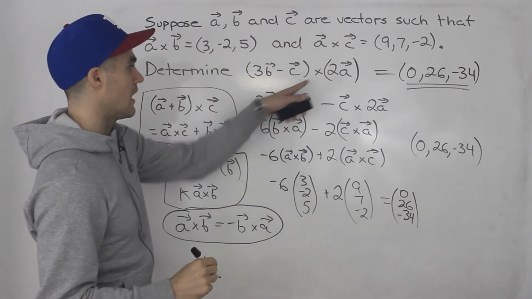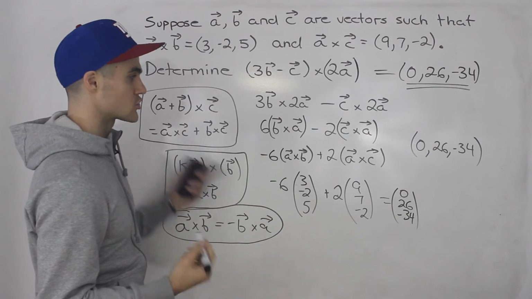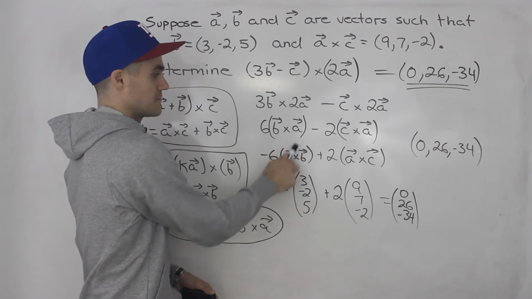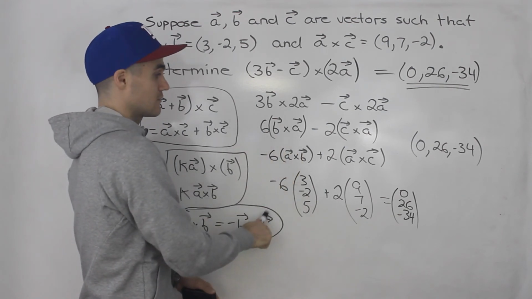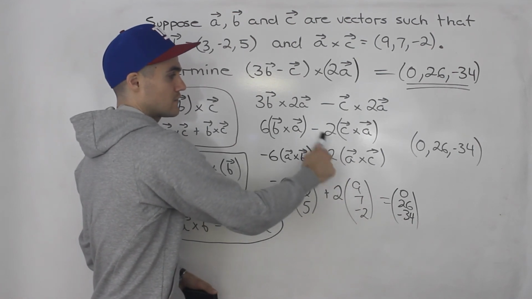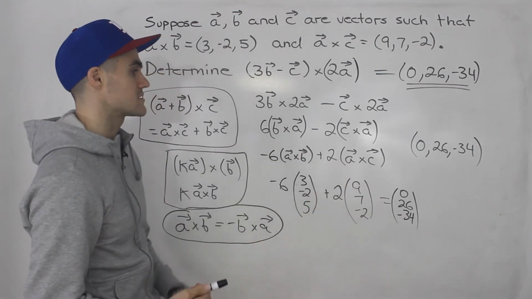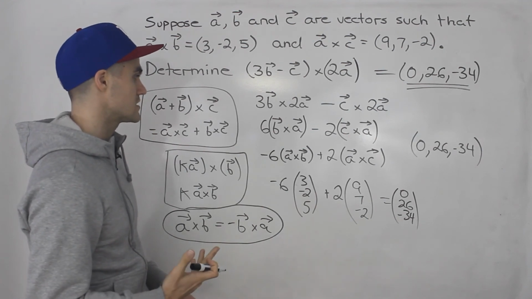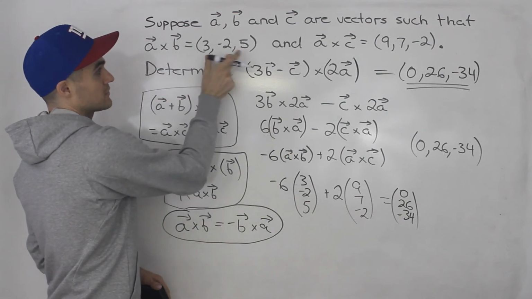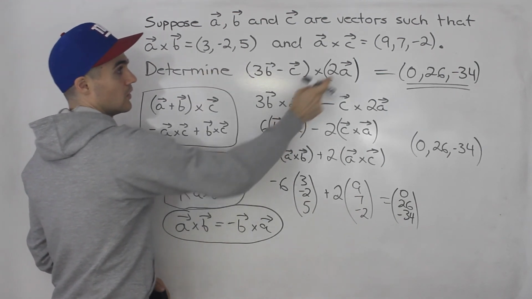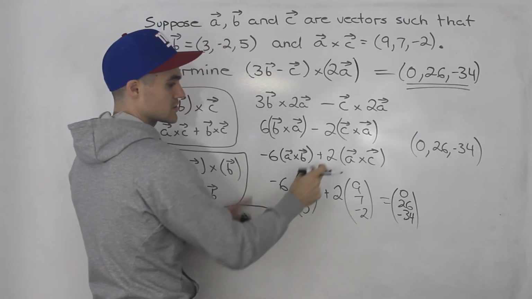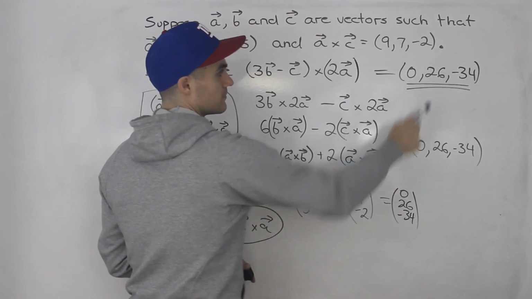You just have to apply these cross product rules. The trickiest one, in my opinion, is when you switch the order, B times A to A times B: you've got to put a negative in front. Same thing here: C times A goes to A times C, put a negative in front, then that negative and this negative turn into a positive. So that's probably the trickiest rule to see. A lot of times students will think that B times A is the same as A times B, and they'll just plug this in right away, not knowing that they've got to switch it first and switch the signs. Anyway, that is your final